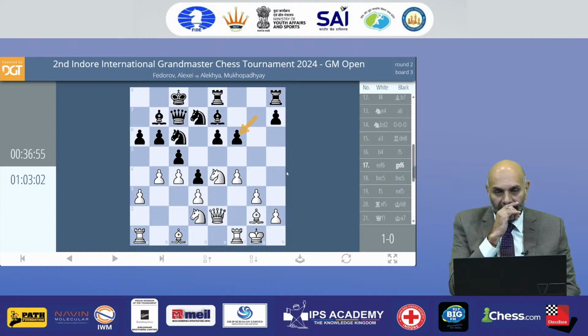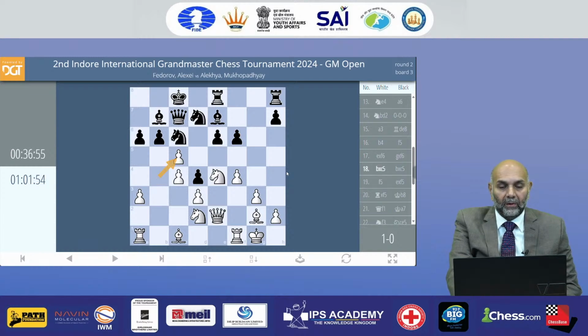Now that's a very risky and committal decision. It was possible to take with a piece. Black suffers from space disadvantage, and when you have space disadvantage, exchanging a few pieces always works. Here somehow that option has not been taken. The e6 pawn was perhaps very weak after the capture. It's still going to be weak, and we're going to see white is now ready to open up the position.